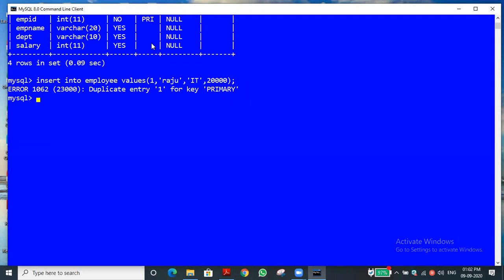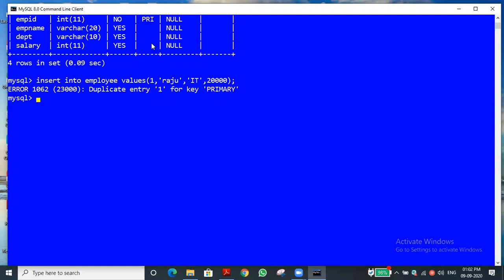And the third point is very important: one table should contain only one primary key. We cannot set another primary key. Have you got the point? So we cannot set all the fields as primary key. Only one field can be the primary key in the table. The table may contain 500 columns, not an issue, but only one primary key. That is the thing, as I already said in the class also.